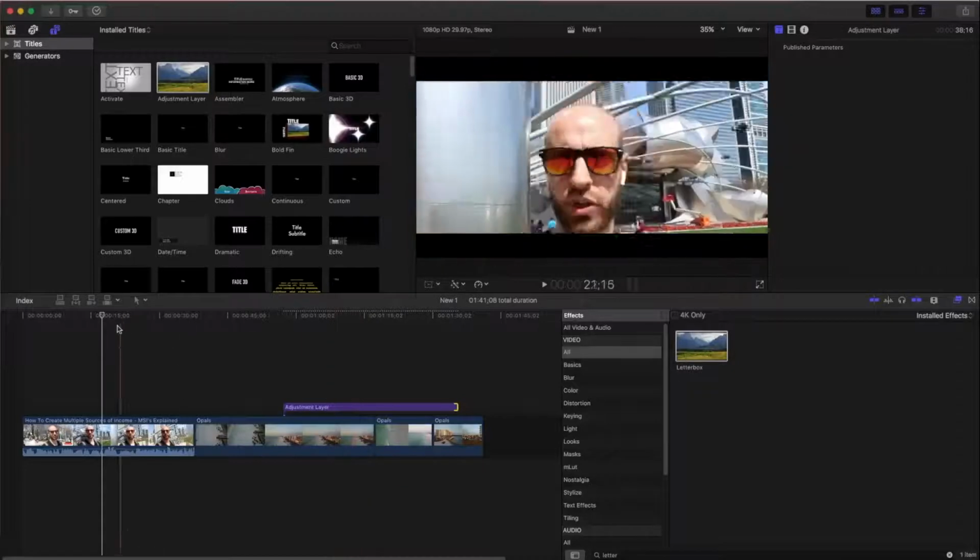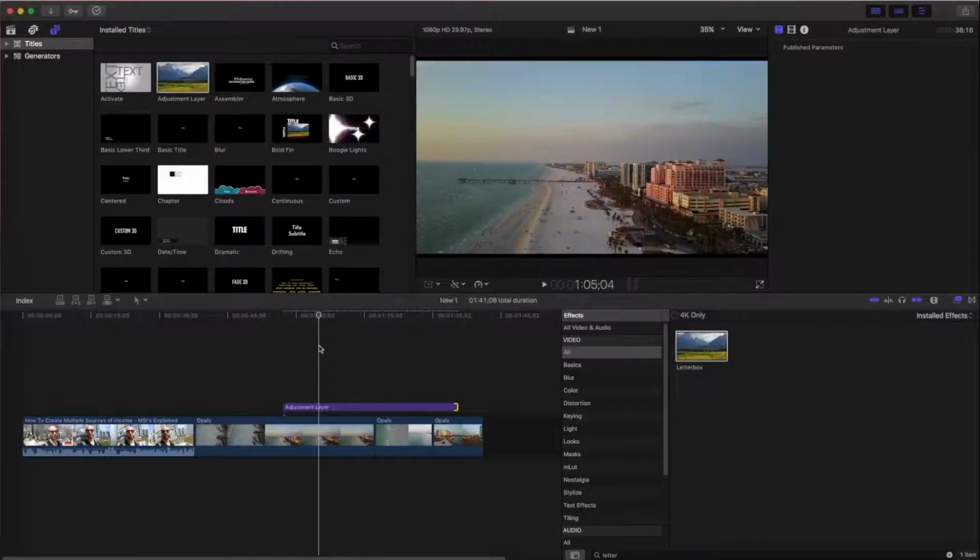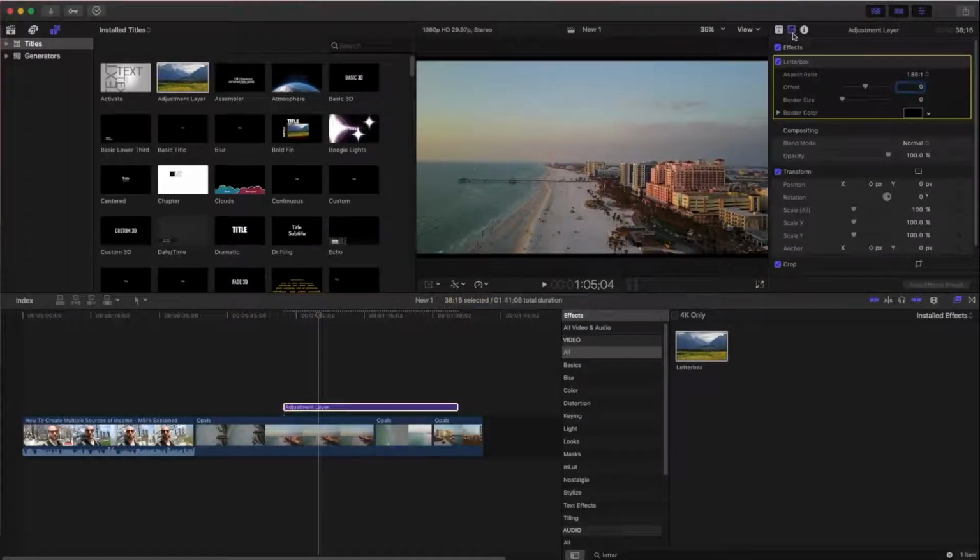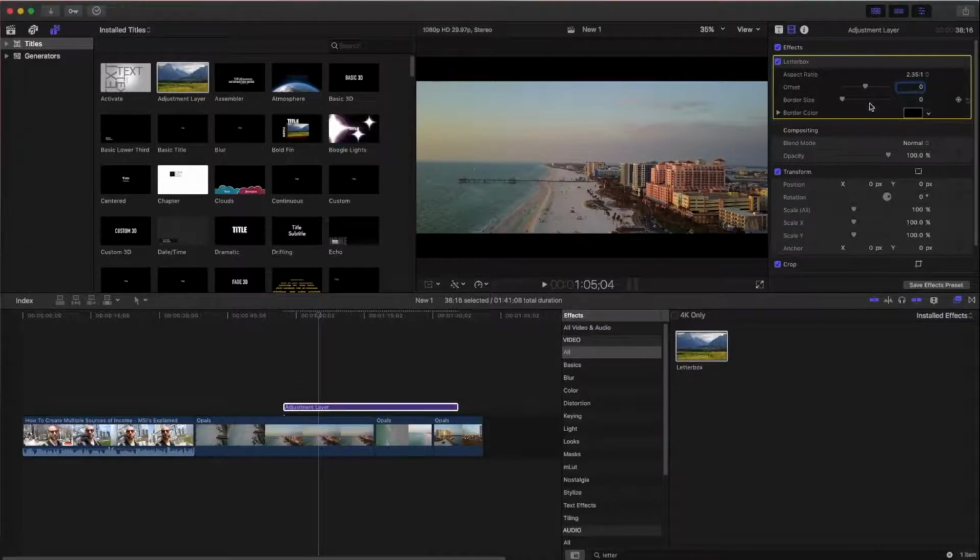Now, from here, I'm going to take my playhead, put it over the adjustment layer, and double click on the adjustment layer. And from there, I'm going to click on this film strip, and that's going to give me the effects and the letterbox panel here. And from here, I'm going to just simply apply my aspect ratio 2.35. And you can see now that that has been applied to this clip,